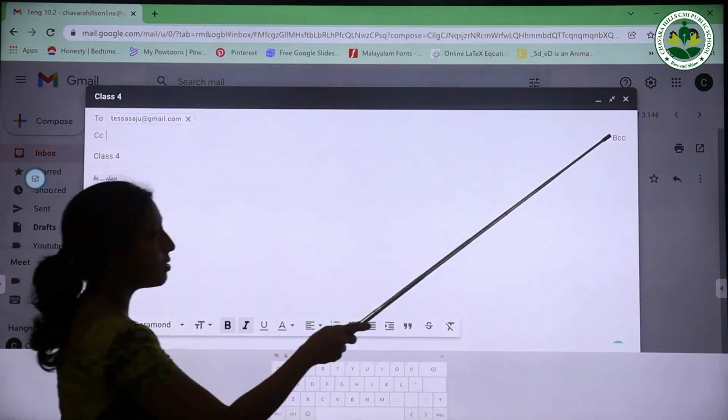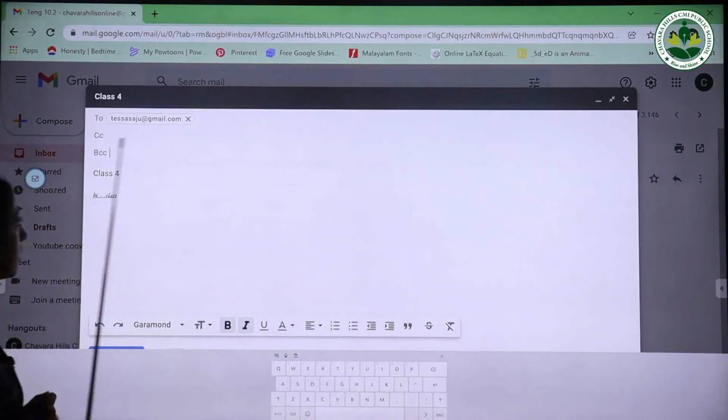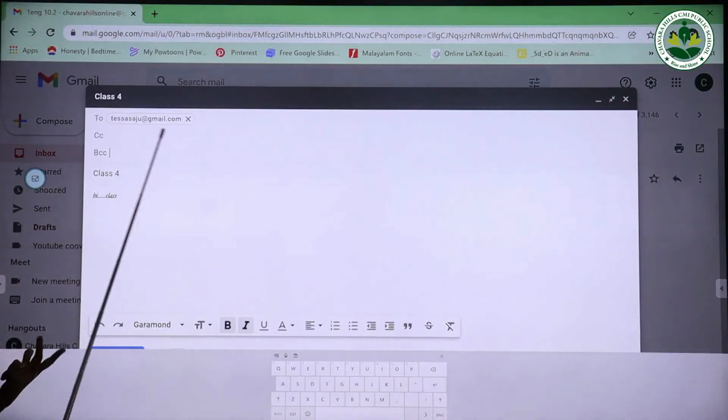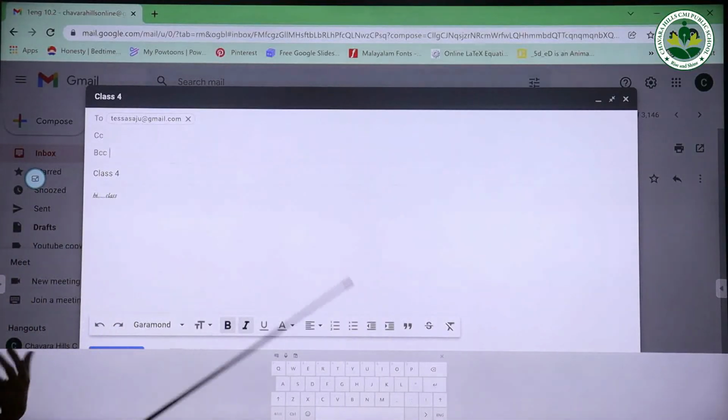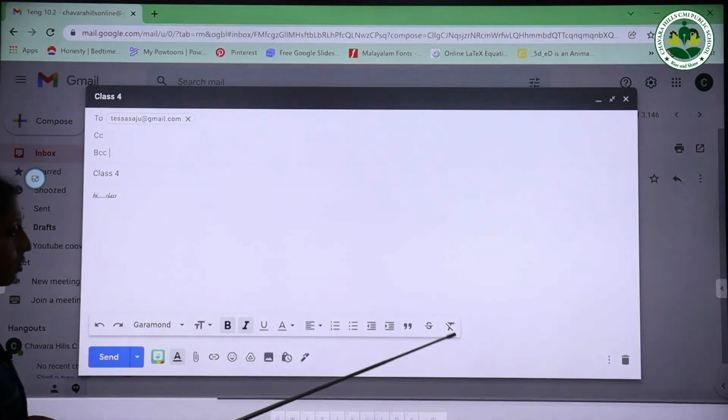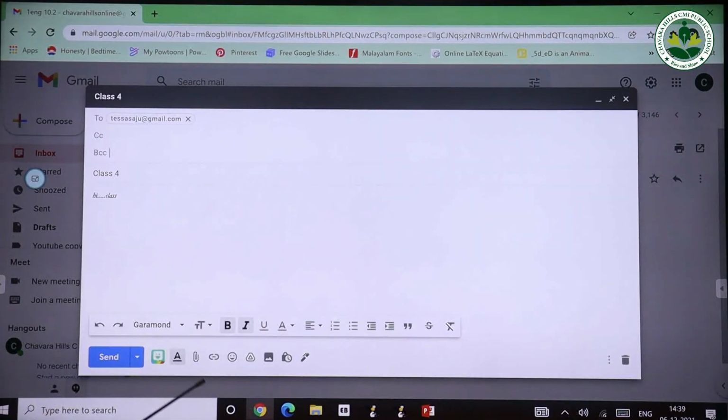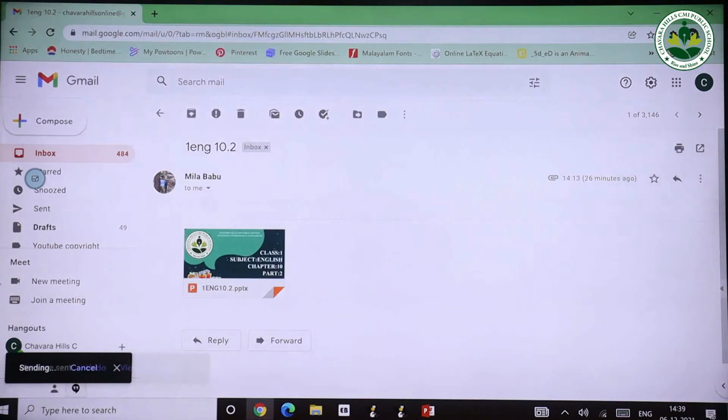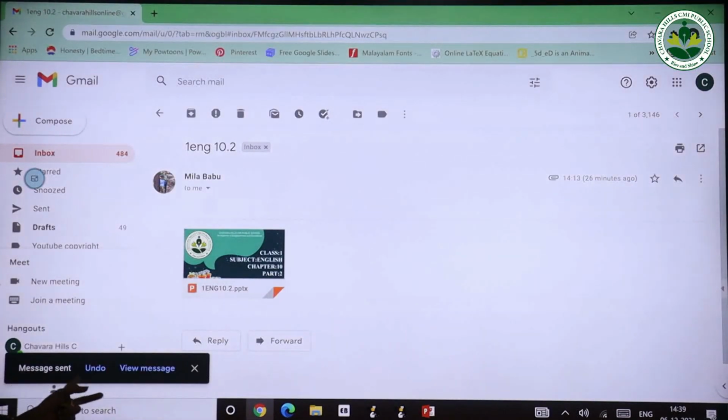When you click on BCC, a new line also appears, and you can type the address of the person to whom the blind carbon copy is to be sent. After all this, you can click on the send option, and you will see a box with the message sent.